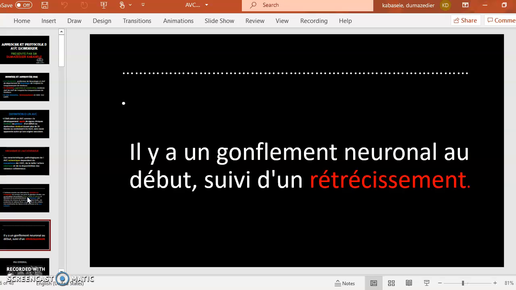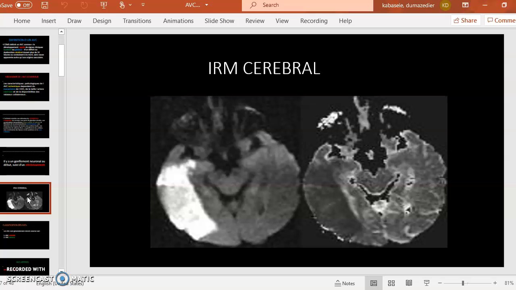And when this rupture or any blockage is there, then you can see a neurological issue, and you can see some edema around the area where the stroke has been developing. This is an image that I wanted to share with all my team. You can see this MRI image. These are two different sequences. You can see in this area these white things, and in another sequence you can see this very dark.